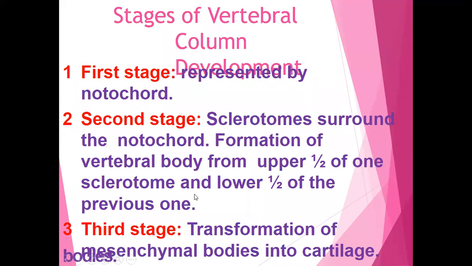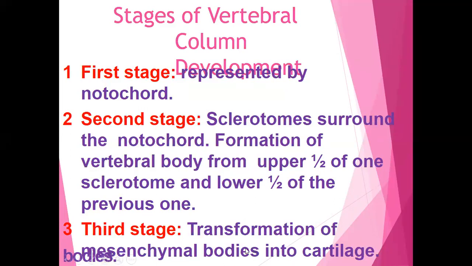The cells are spaced quite far apart, and half of the same would be condensed. The portion which lies caudally will proceed toward the next vertebral caudal portion, and thus they will fuse together and we will get a vertebra which is actually developed from two respective sclerotomes. For example, the T12 vertebra is formed from T11 and T12, so half from the front one and half from the one behind.